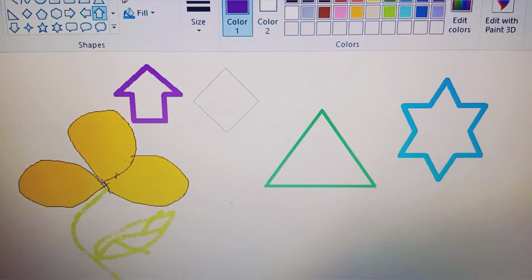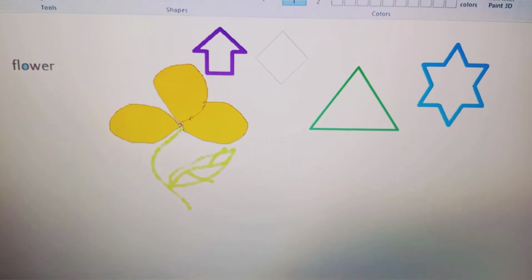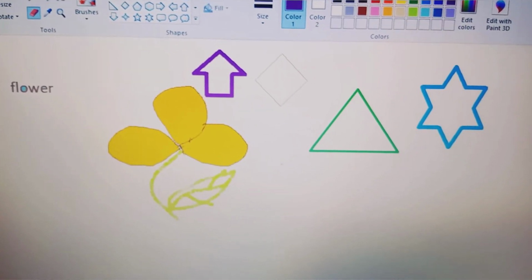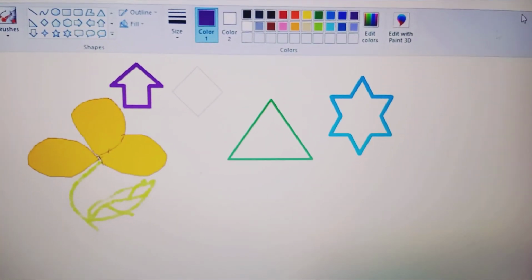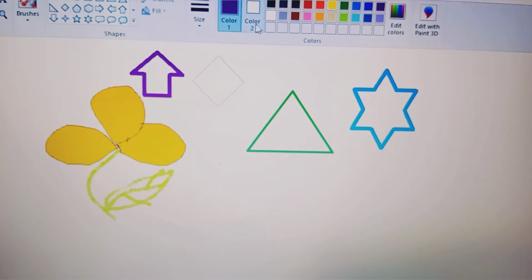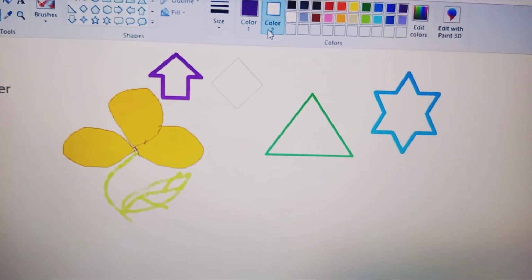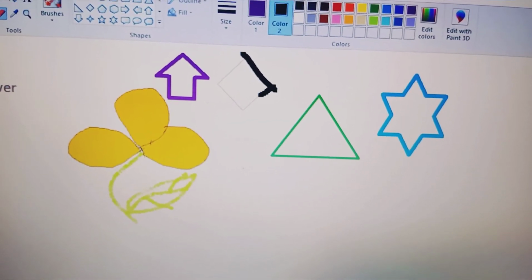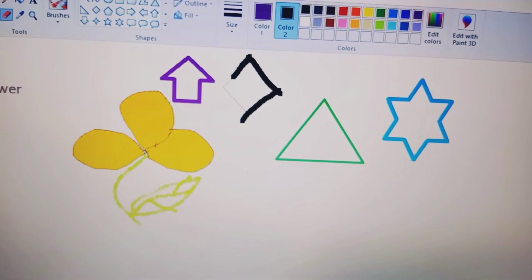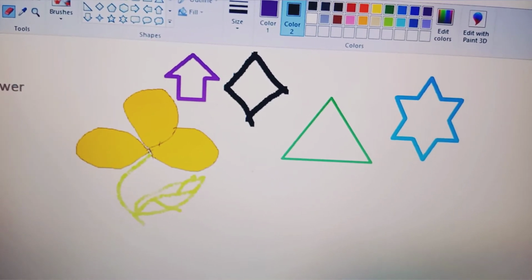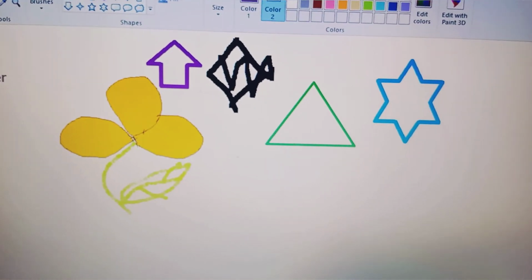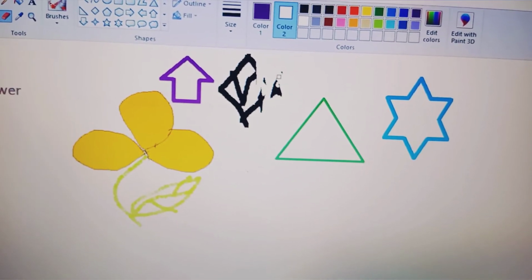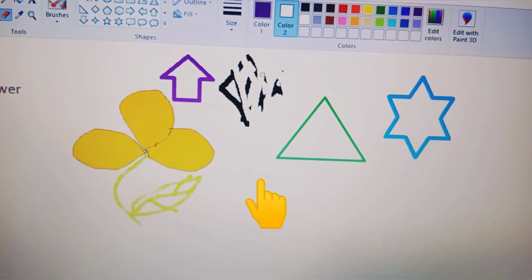Now comes color 2. Color 2 is used for the eraser color. You can see I select the eraser. If I erase something, it will come in white color. Color 2 is white color. When I click on it, then it is selected. Suppose I select the black color and I want to erase. It will erase or it will draw? It will draw. But we want to erase it, but it is not working. Why? Because our eraser color is black color. If I take the white color, then it will do its work. Okay, so this is the difference, the uses of the color tool.